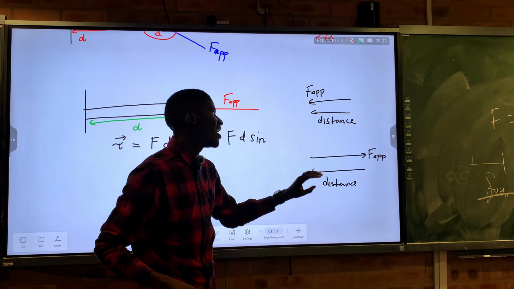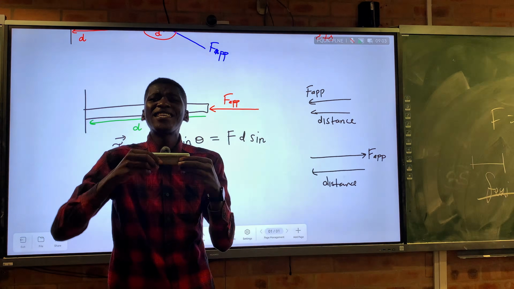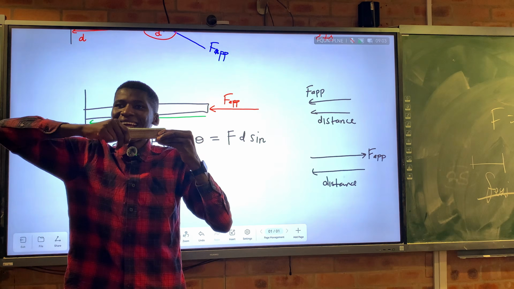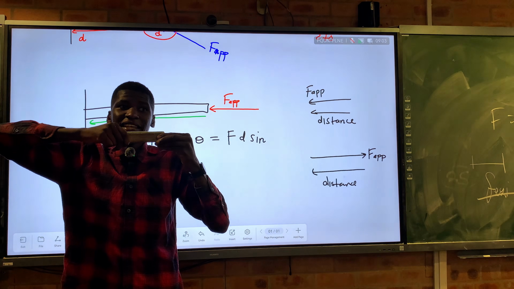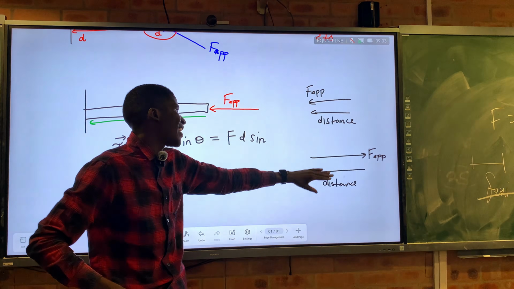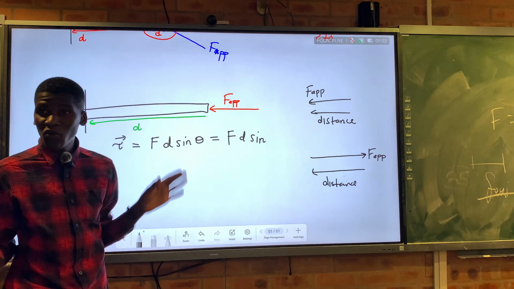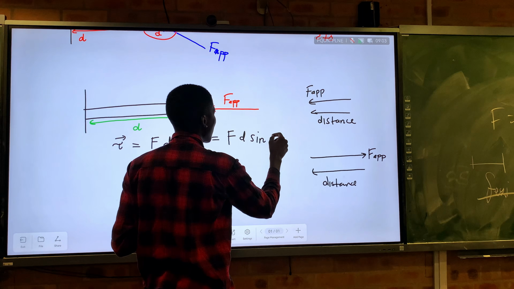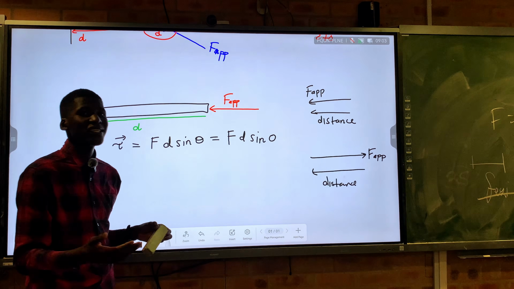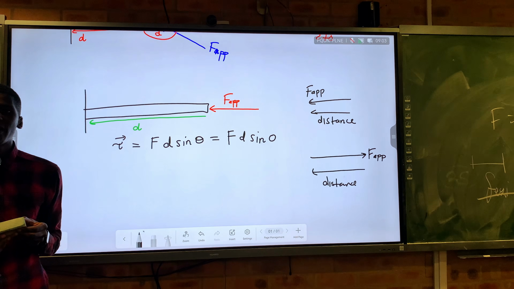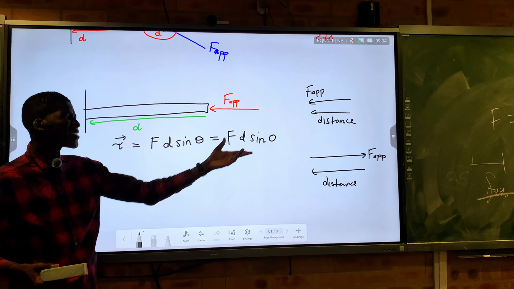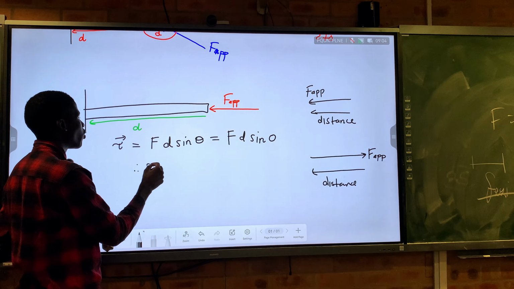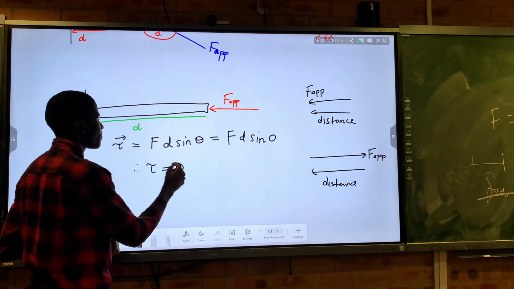Parallel, anti-parallel. So in both the cases we have already seen, if we apply force, we're not going to rotate this. If we pull this, we're not going to rotate it as well. So both these cases are going to give us zero rotational motion, zero torque. This is because the angle here is either 0 or pi radians, which is 180 degrees. And sine 0 is 0 indeed. So we can say that here we are always going to get a torque of 0.